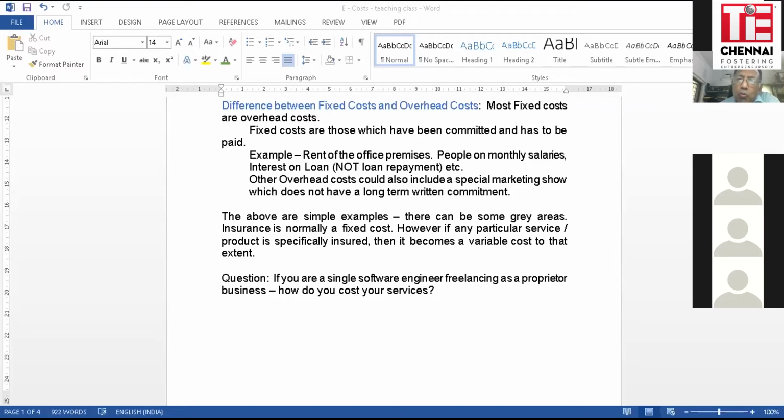These are costs which vary directly with the output, meaning it is a cost which will not be incurred if you do not do this job. I'll give you examples later when we get on to the text portion of it, and I'll give you some examples when we get on to the Excel portion. But typical examples of these broadly are materials.